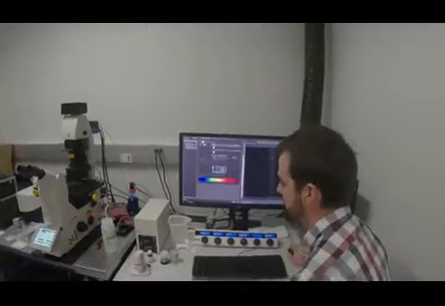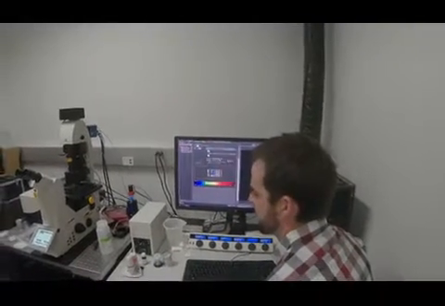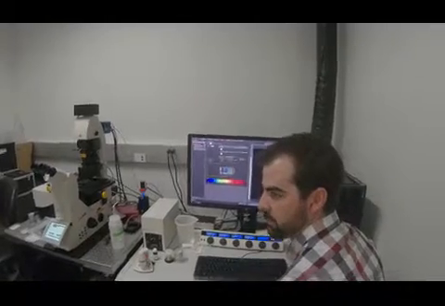If you need to export stuff, you can do it with this system. You can install this LASX software on any PC. It's free. You won't be able to do a lot of